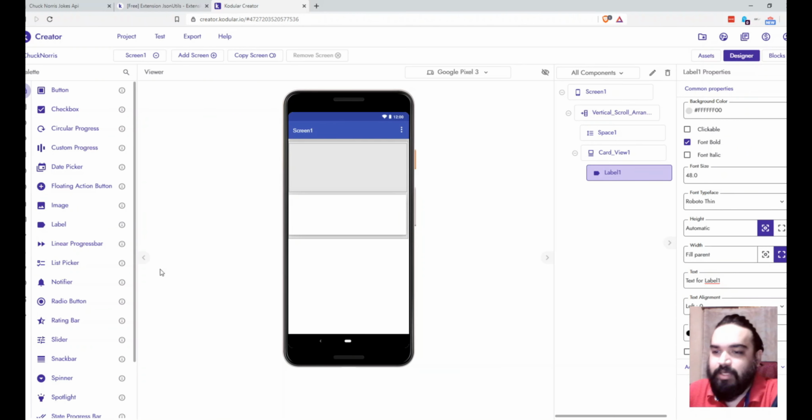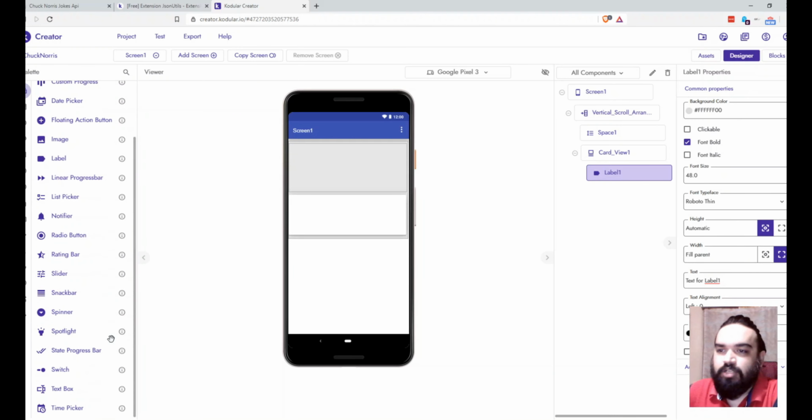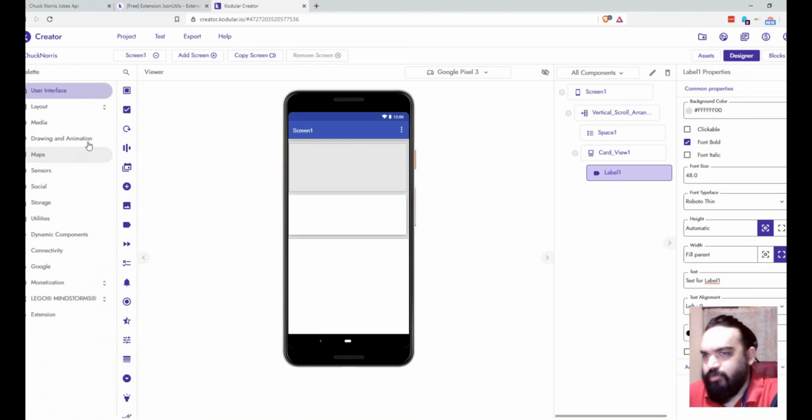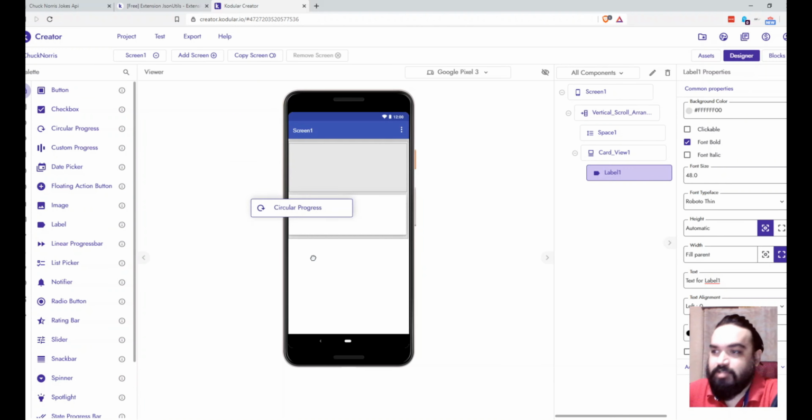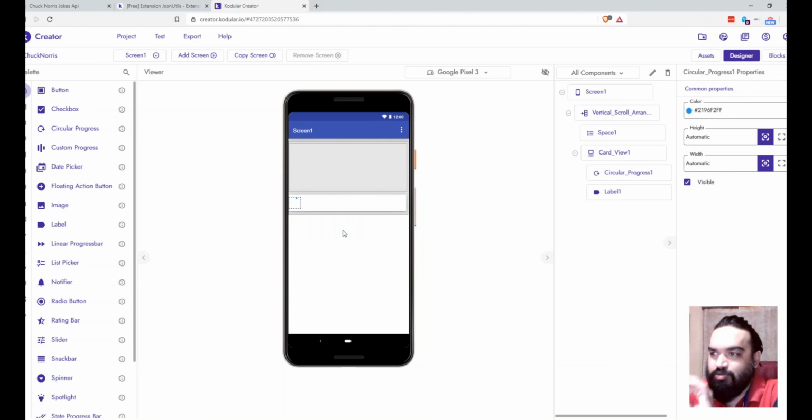And the next one that we need is a circular progress bar, right? So if you notice on the left in the palette you have a circular progress. I'll drag and drop it inside the card. Make sure you drag and drop it inside the card so that it shows the reloading inside the card and not somewhere else. So I'll also make this full width,